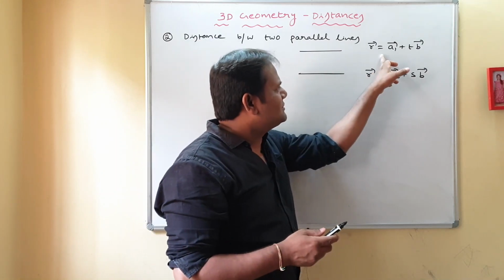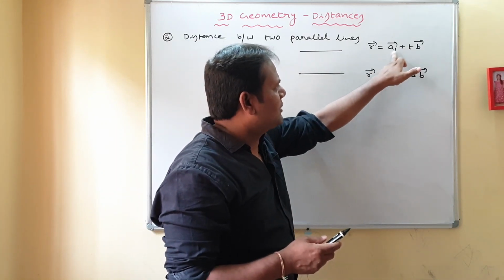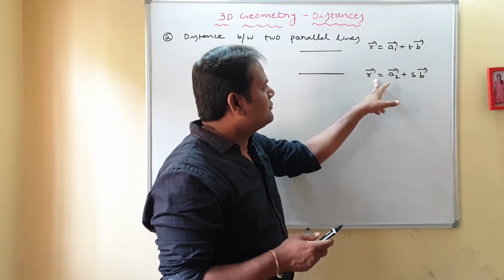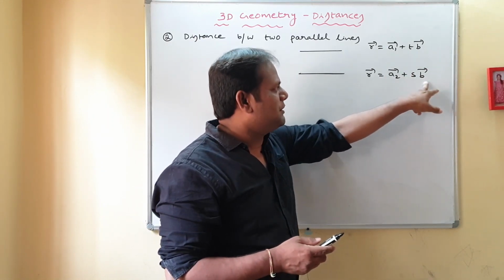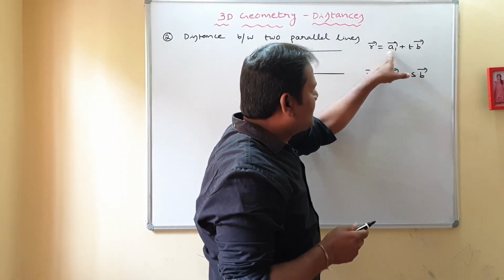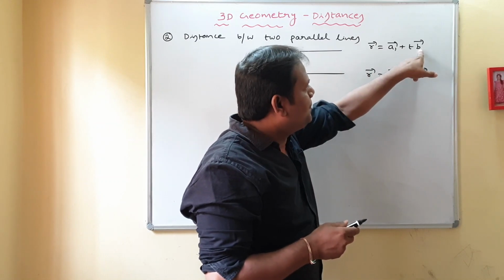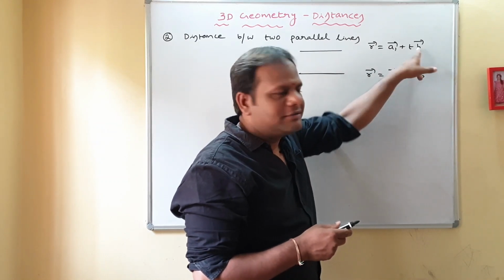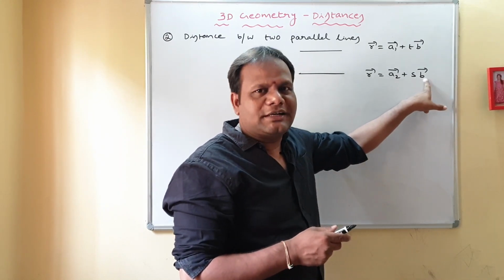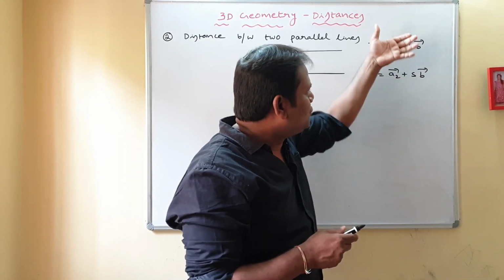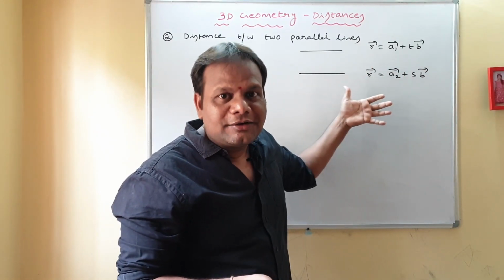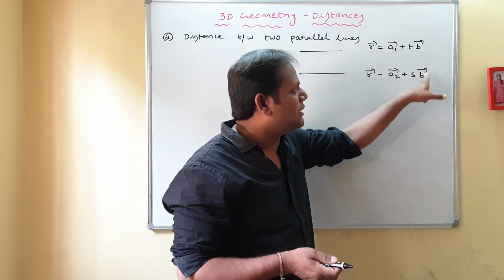Suppose one line equation is r bar equal to a1 bar plus t b bar. Other line is r bar equal to a2 bar plus s b bar. You know about vector equation of line. a1 bar represents a point on the line, b bar represents the DRs of the line. Here a2 bar represents a point on the line, b bar represents the DRs of the line. The two lines have the same DRs here. No doubt at all, the lines are parallel. That is the reason I have taken like this.